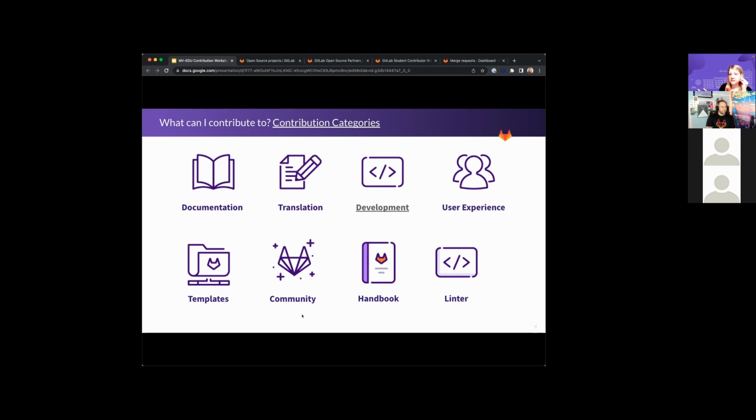And then we have ways to contribute in our community. So you can host a meetup. You can write a blog post. We would love to hear about your experience as a student contributor. If you post it on your blog, we can share it, that kind of stuff. And then our handbook, and then we also have the example of a linter, which is where you search through our handbook or search through our documentation for certain phrases or typos,